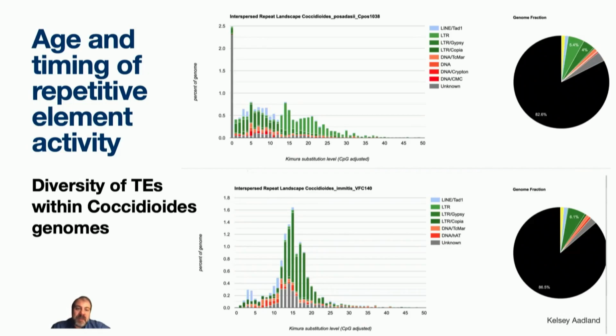There is this big peak at 0 in the post-Odysseia data set, which most of those elements are all in gray, so we don't know. We haven't come up with an identification of them. Possible that's an artifact. It's something we still need to really be sure of, but that is what the data represents right now. You can also see that about 82% of the genome is not repetitive, and again, so most of the genome is genic, but there are these major classes of LTR elements as the most dominant types in both species, and that's pretty common across most fungi too.